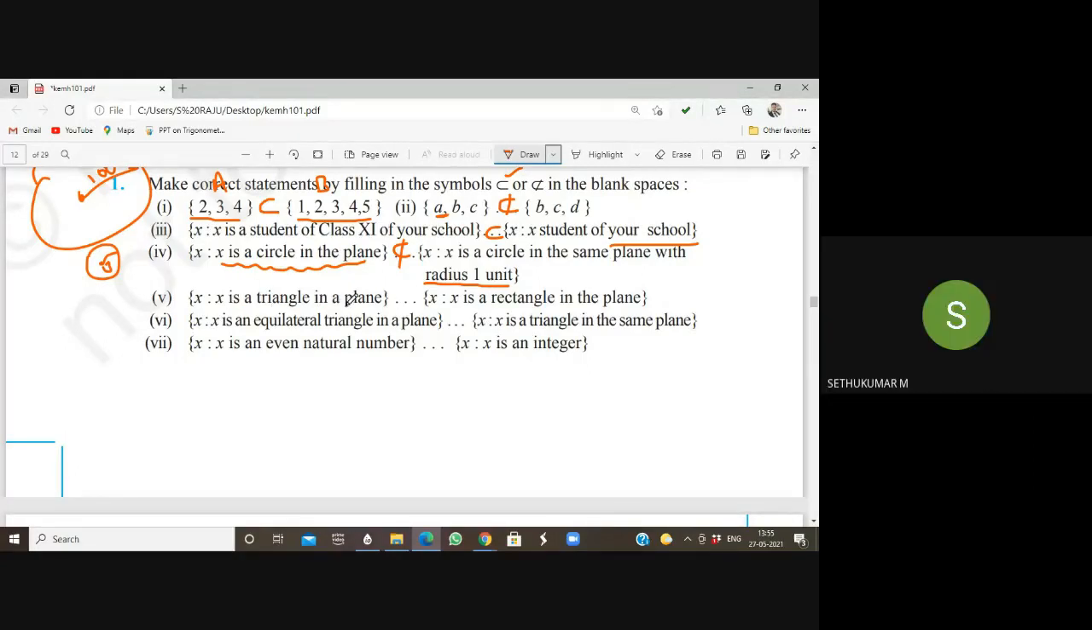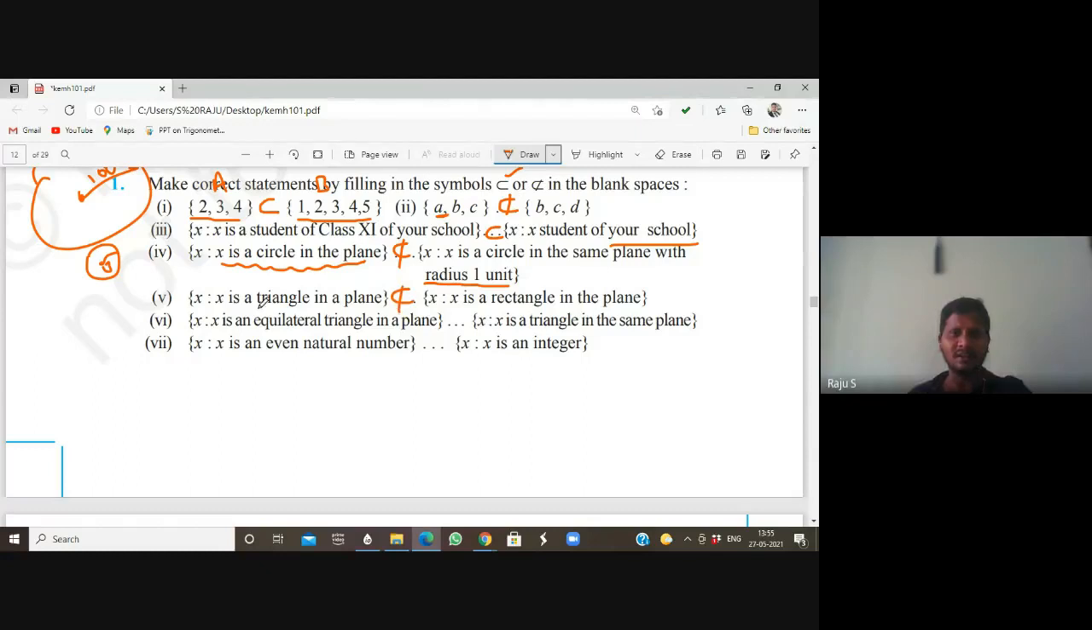X is a triangle here. Not a subset, because X is a triangle. Is the set of all triangles in a plane a subset of the set of all rectangles in a plane? This is different. This is different. Yes or no? And next,